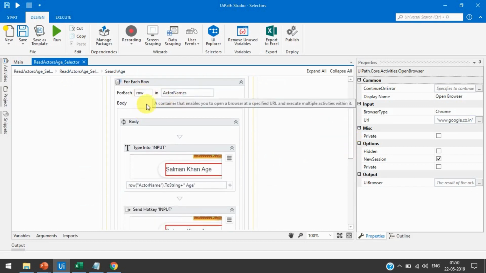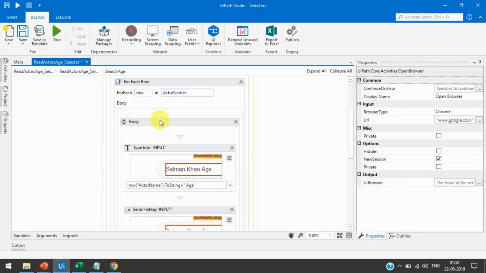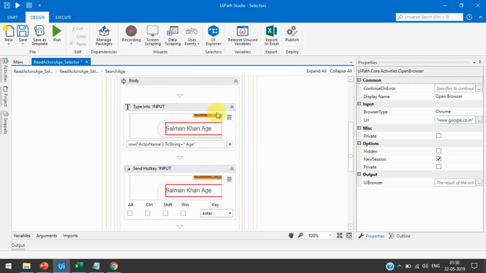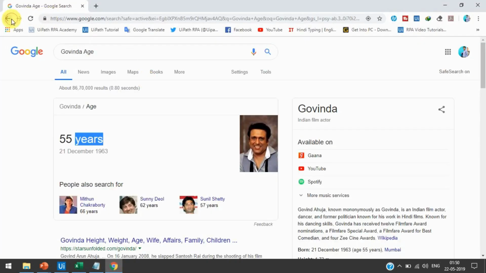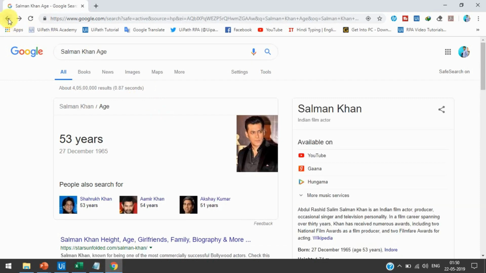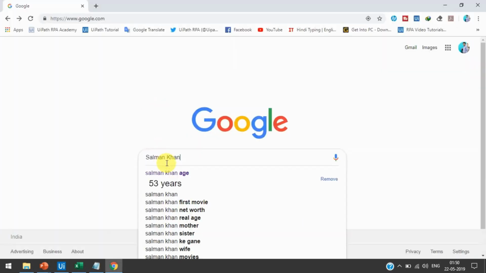So by using that I have fetched the actor names one by one, and then I am typing here after opening Google. I have typed the actor name plus age, so that will show like Salman Khan and then space age.